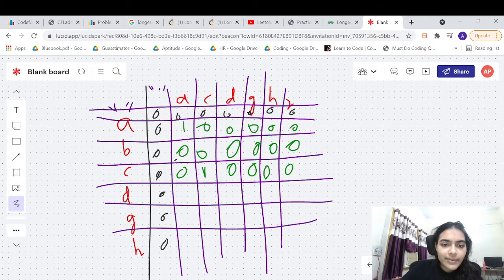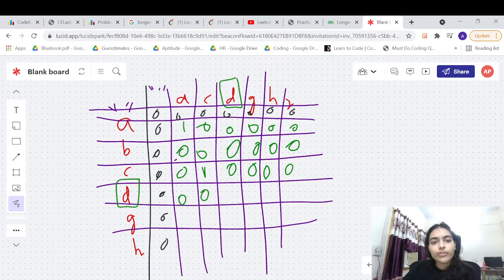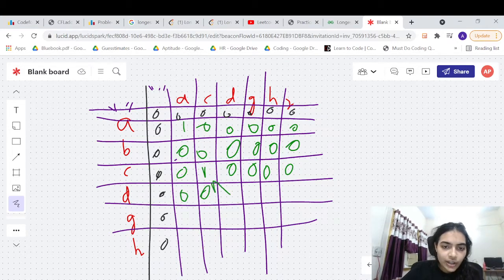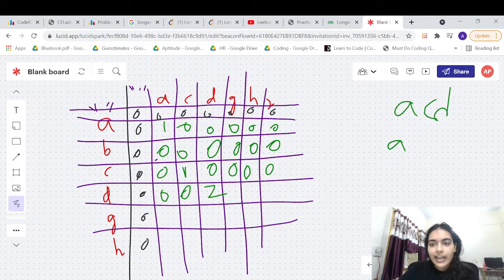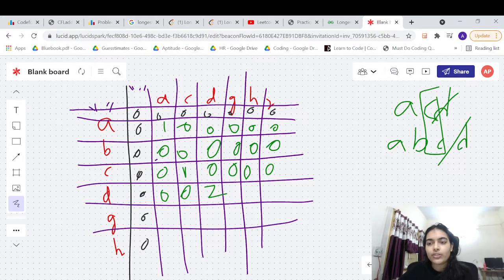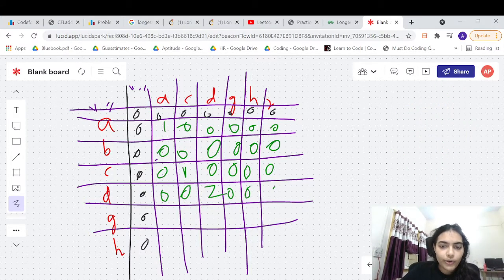So now in this case, when D is for the first time matching with D, right? You will have to look if the previous block is matching. Once D is matching with D, you will have to look at the previous block. So 1 plus 1 will become 2 because we have the string ACD and ABCD. D and D is matching, but C and C is also matching. So in this case, the substring will become of length 2. And now you can go forward.